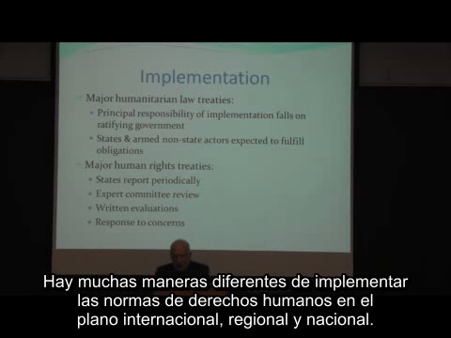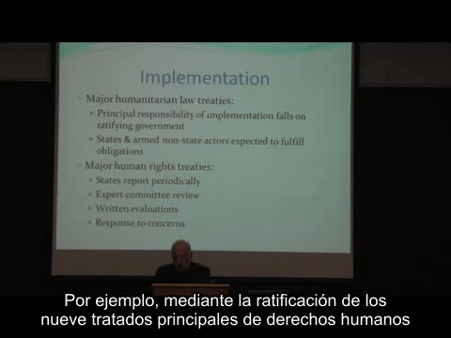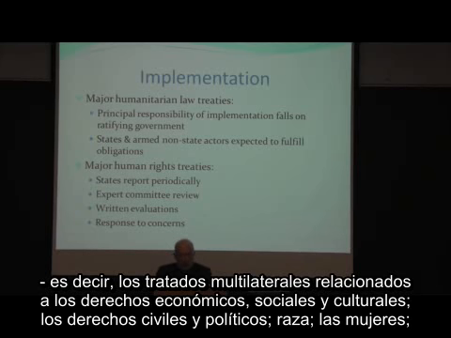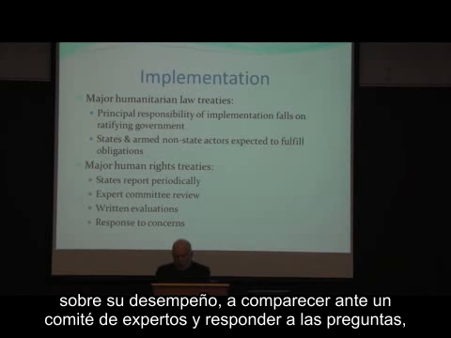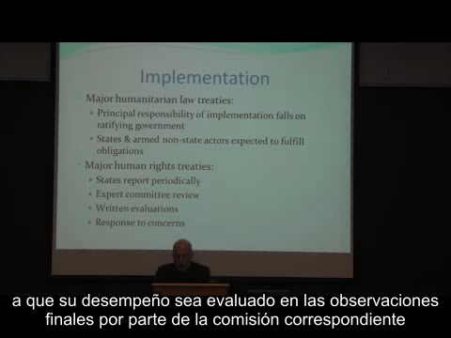There are many different ways by which human rights standards are implemented at the international, regional, and national levels. For example, by ratifying the 9 major human rights treaties, that is, multilateral treaties relating to economic, social, and cultural rights, civil and political rights, race, women, torture, children, migrants, the disabled, and disappearance, governments agree to report periodically on their performance, to appear before a committee of experts and answer questions, to have their performance evaluated,